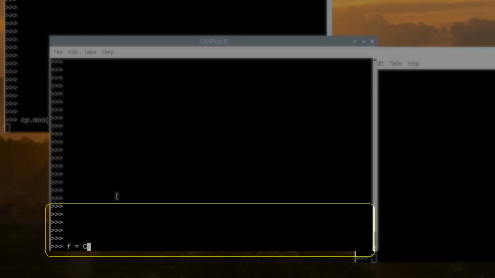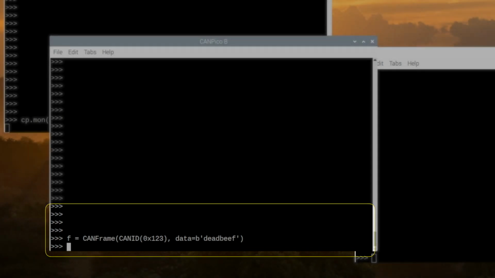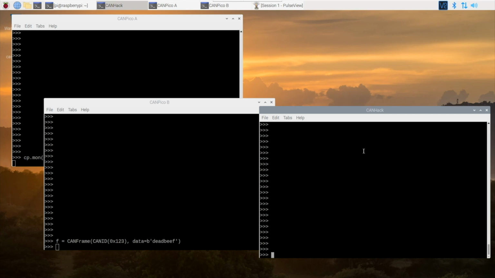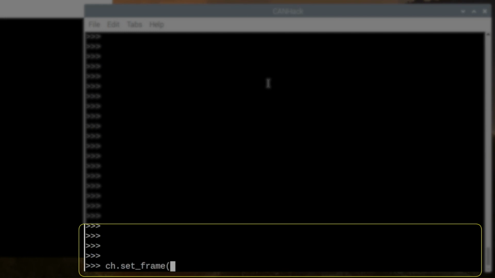We define a CAN frame for it, and we'll target a CAN frame with ID 1, 2, 3, and we'll have a payload of dead beef. Now we're going to attack this with the CANHack toolkit, and we're going to set the frame and set the payload to cafe food, like so.